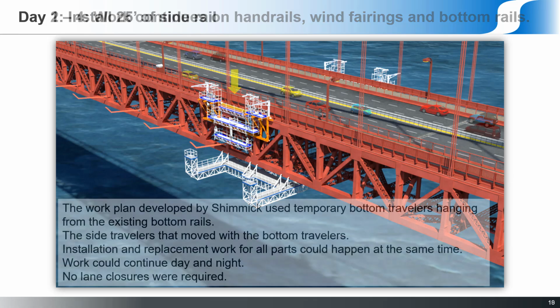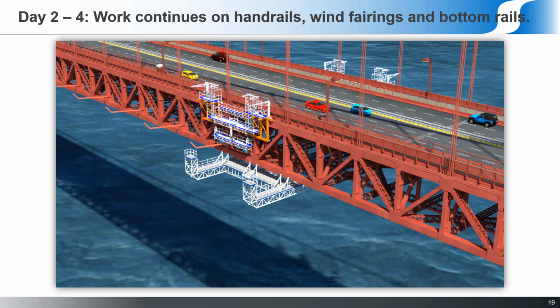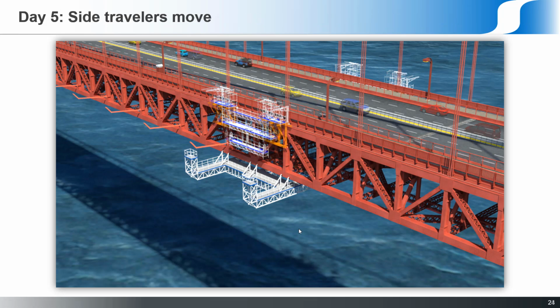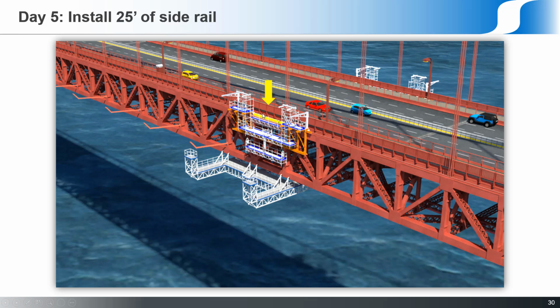So go back up here to day 1 of a typical work span. They install 25 feet of side rail up here on the top chord. On day 2, they continue work on wind fairings, handrails, and underneath here on the bottom rails. And on day 5, they move the side traveler over just a little bit so they can install another 25-foot section